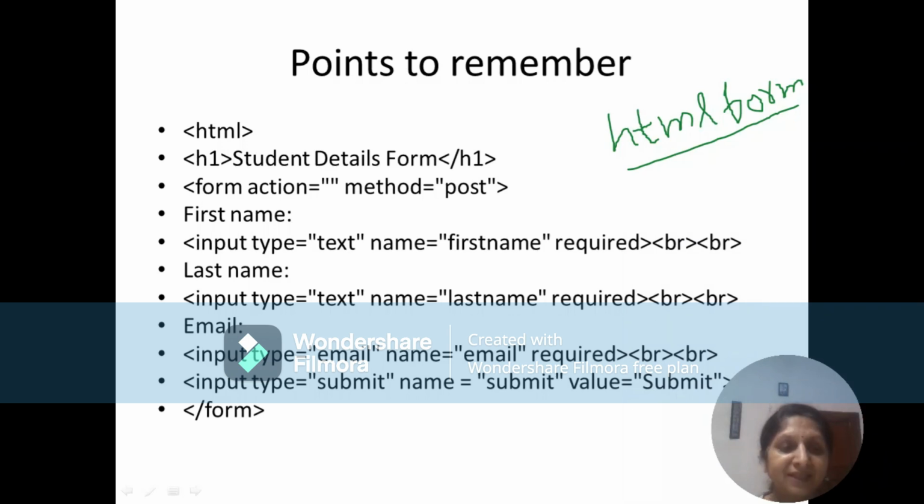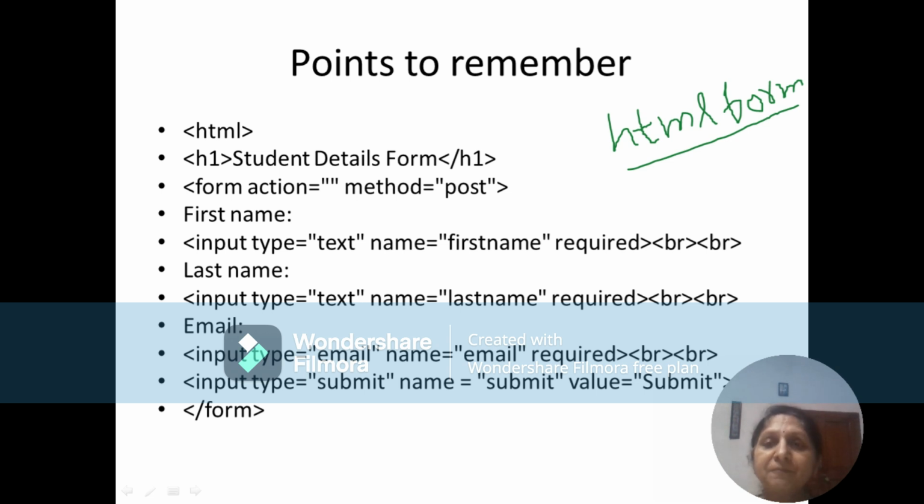Friends, I'm making this video because what I noticed is when you are executing this ninth program of our PHP lab, there is a lot of confusion. You're not paying attention to the HTML form that you're using, you're not paying attention to the table that you are creating, and then there is a mismatch of the columns, there is a mismatch of your input type names, and the records do not get added to your table. So let us see some important points.